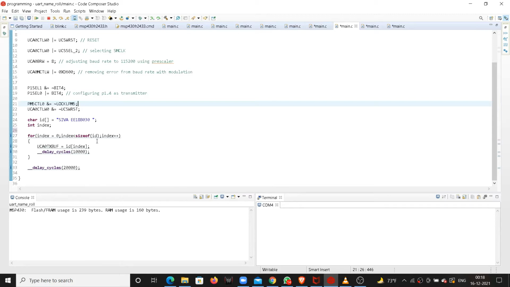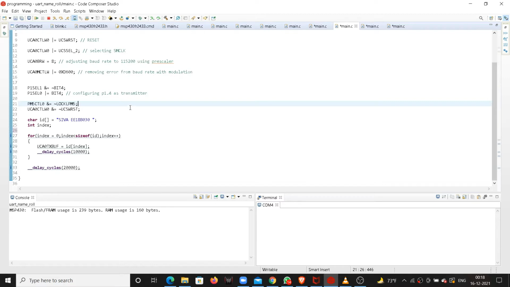After that the value of index will continuously change until the whole message is transmitted before quitting the for loop. Here we are giving some delay so that there will be some time before changing the value in the transmit buffer so that the value can be correctly transmitted.